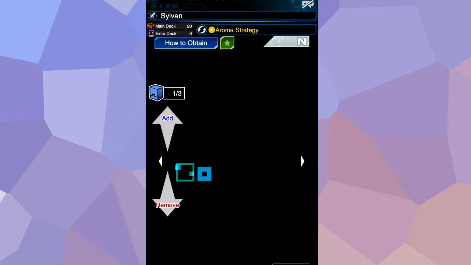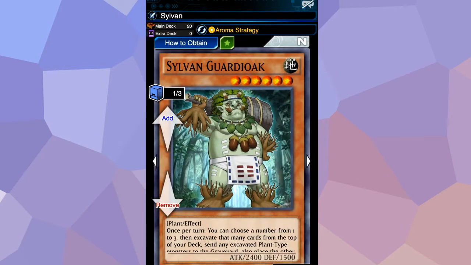The rest of these are more tech picks than anything. You can play as you want. A lot of people play more than 1 copy of this particular card because it's nice. It's a strong monster. You can tribute it. So let's say you play your